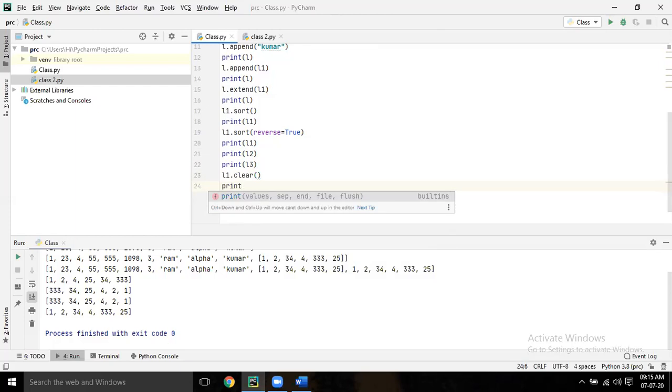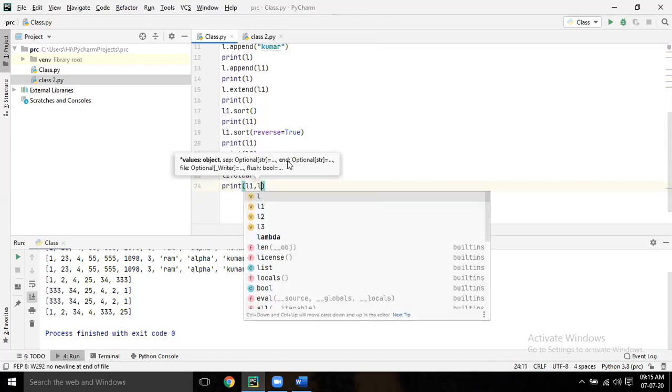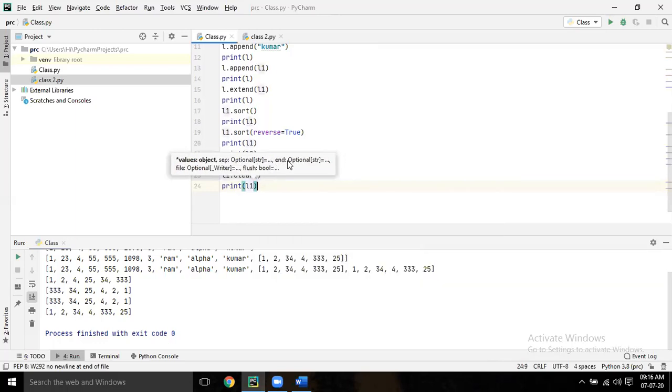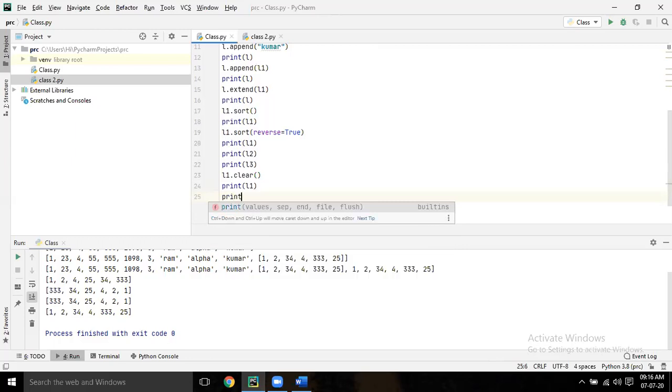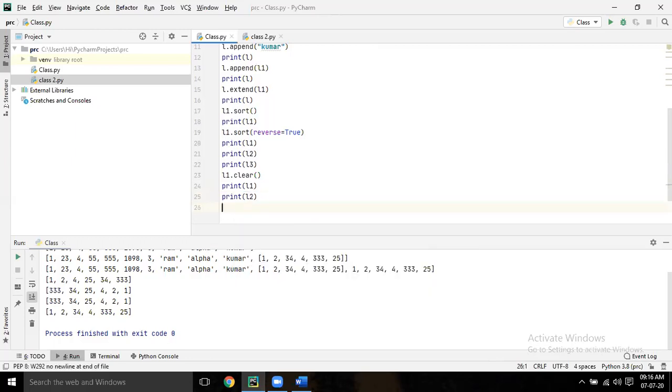Print L1, print L2, print L3 separately. Now run it.